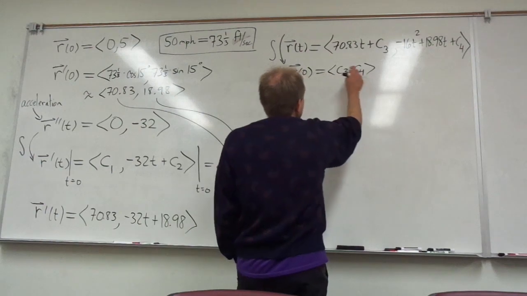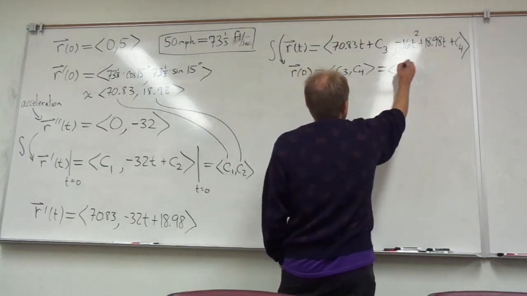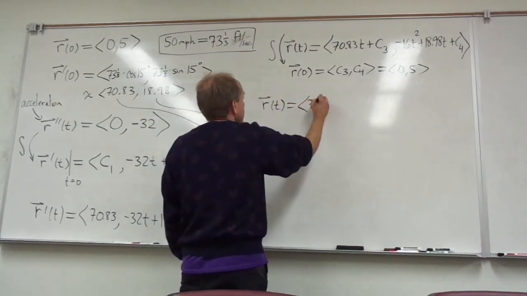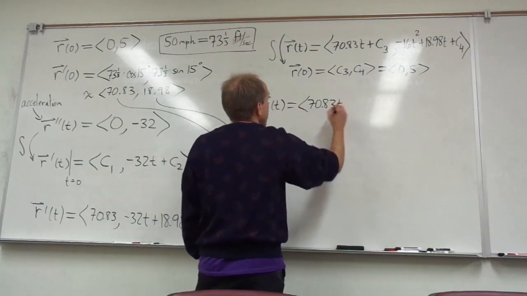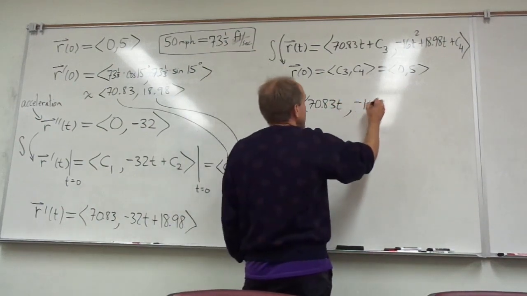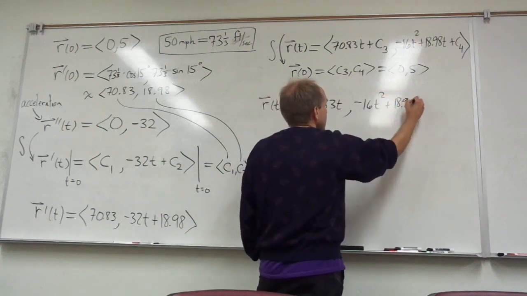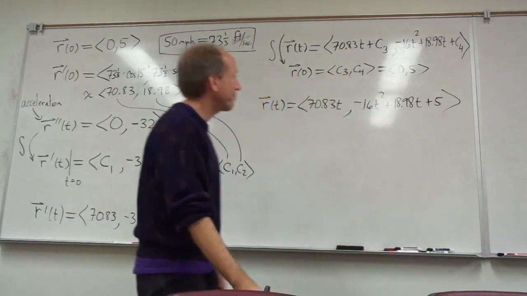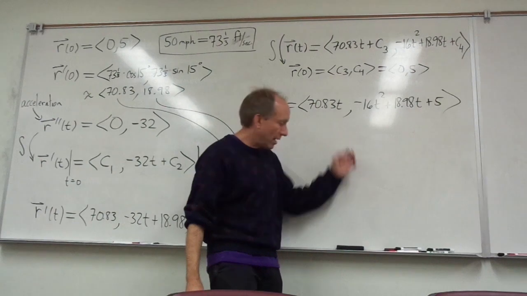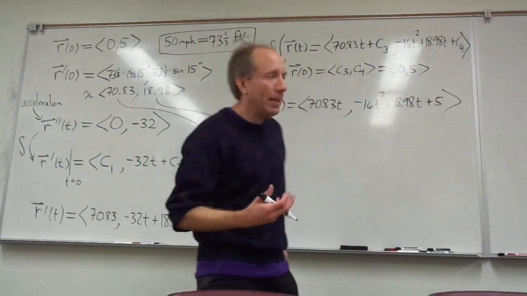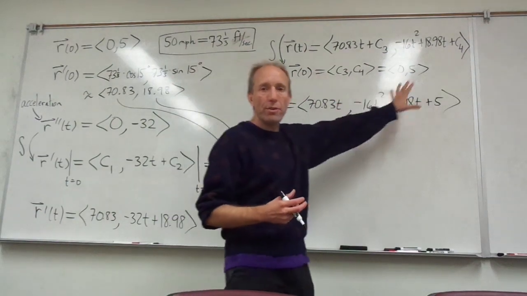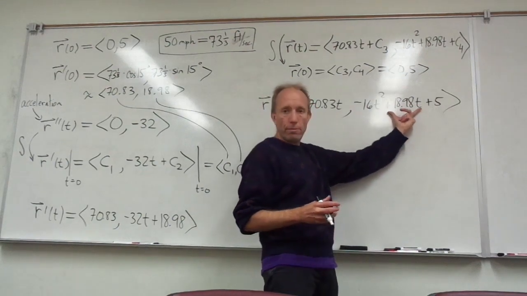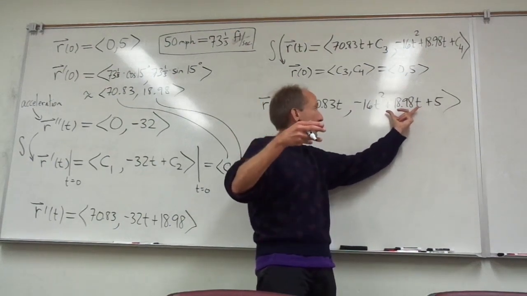So c3 has to be 0 and c4 has to be 5, because this was given in this manner. So I finally have r of t. It is first component 70.83t plus 0, and the second component, negative 16t squared plus 18.98t plus 5. This tells me at any time t what the position of the ball is. Now, we are interested in figuring out the vertical component, the height above the ground for the ball,